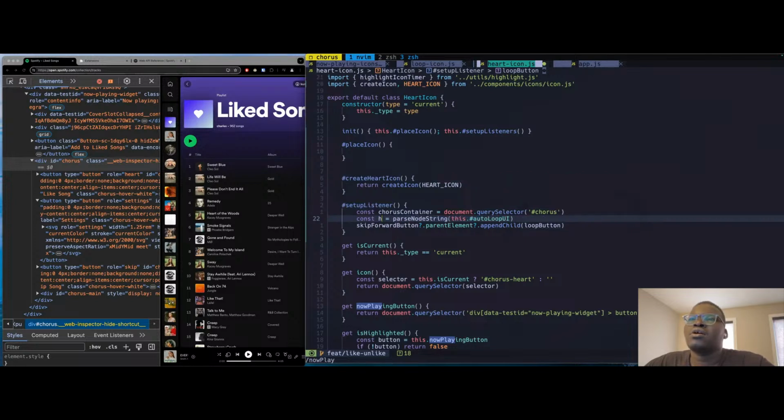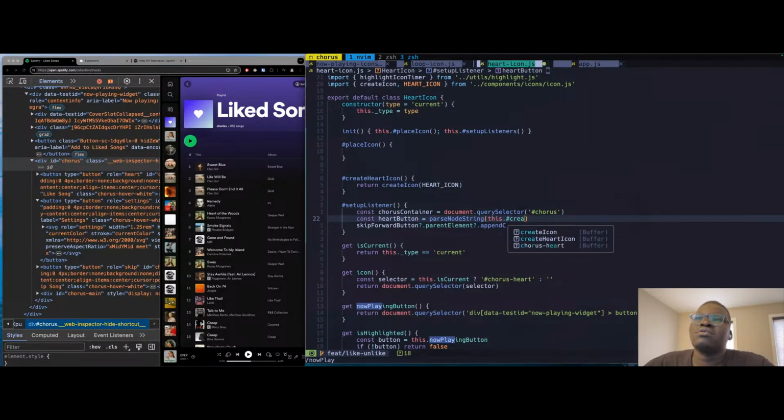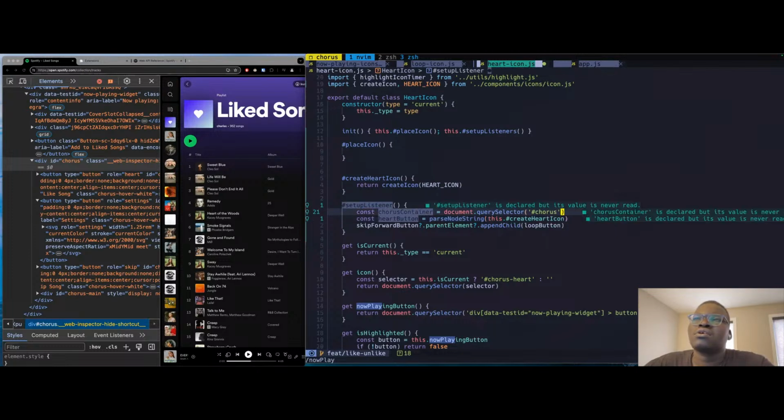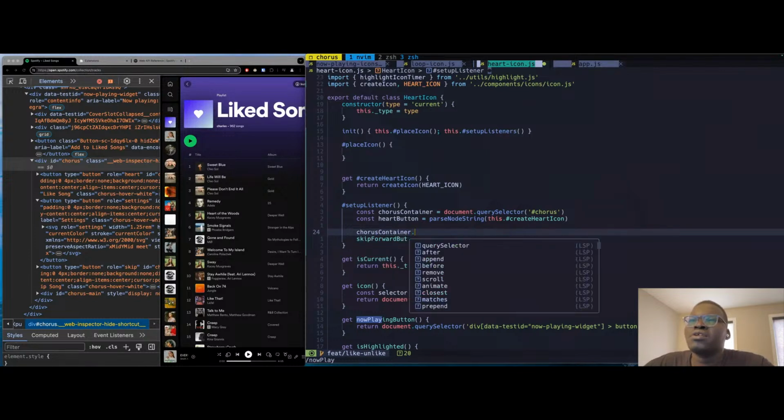And our heart icon, heart button. Let's call it heart button because that's what it is. This dot create heart icon. And I guess we can just call get on it because we're just getting it. Okay, so now we have chorus container dot, I think it's insert before, and we would have,